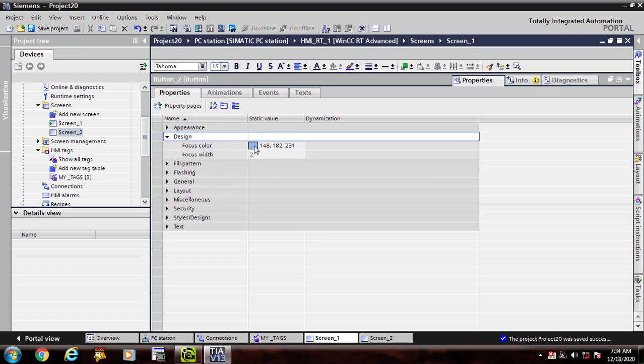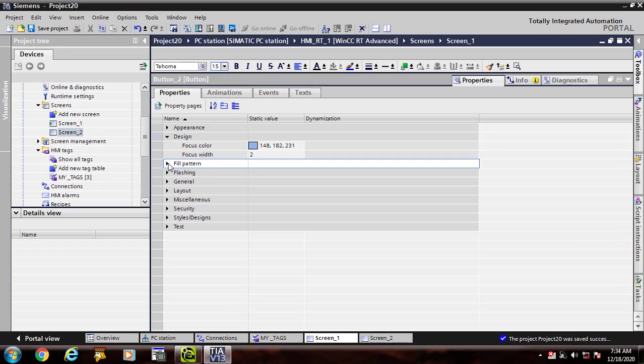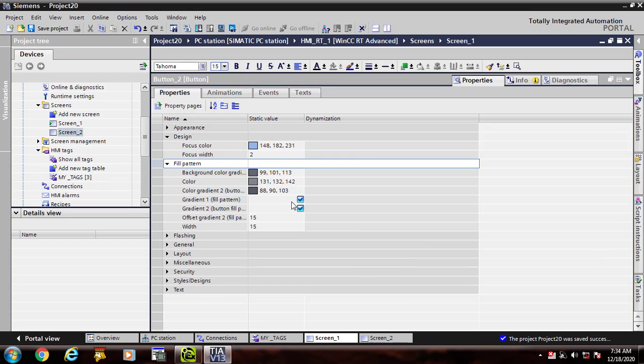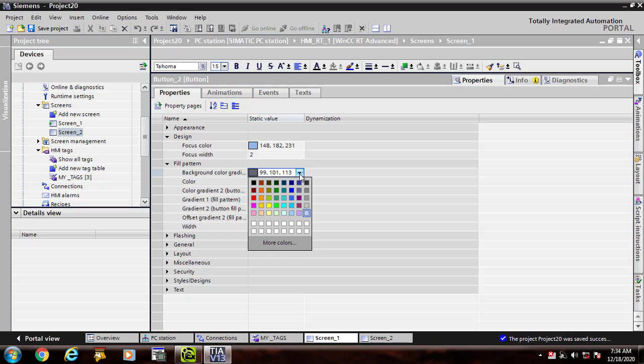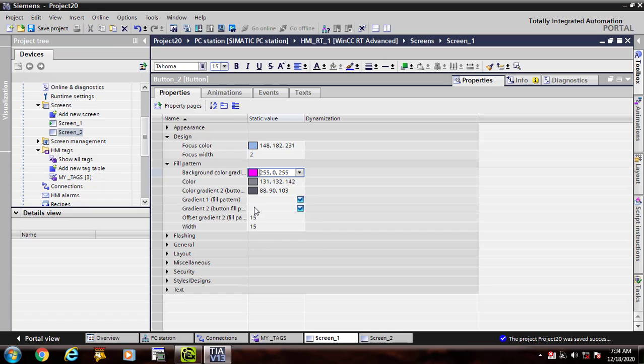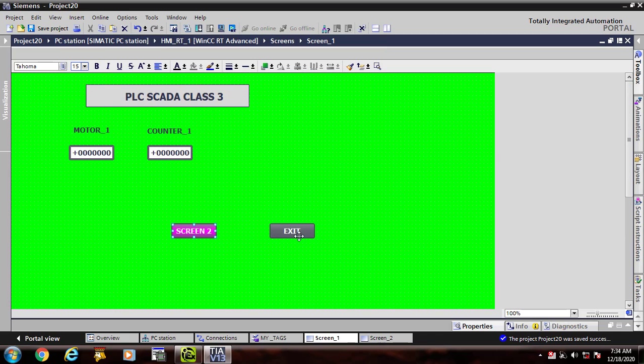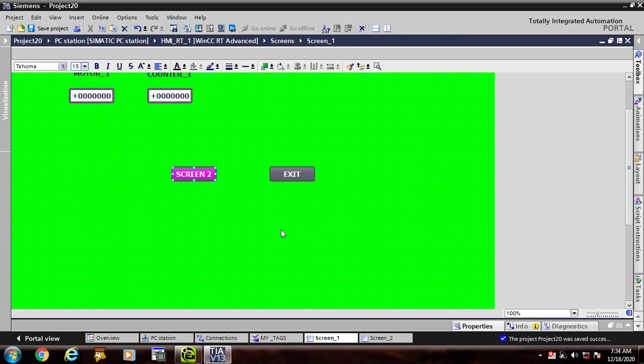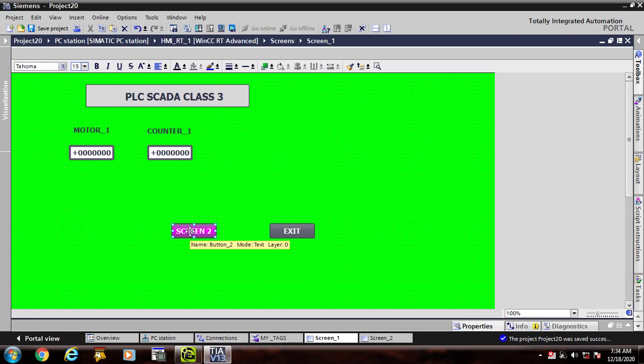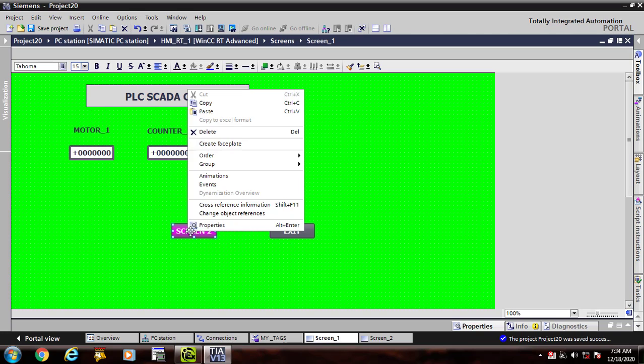When you come to its design, here you can see a fill pattern, and its fill pattern background color gradient will be changed here. I want to assign this kind of color. Yes, go to the screen and you can see that its color is changed right now. Fill pattern gradient can be used to change its color.